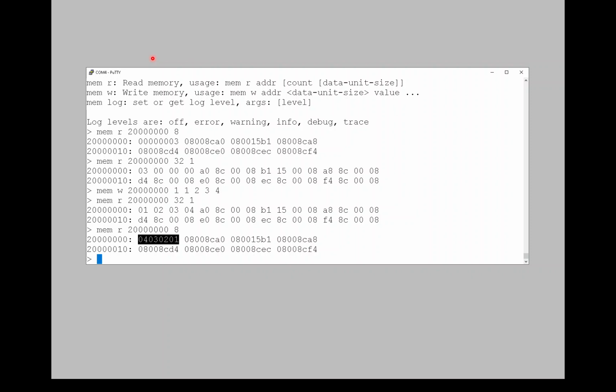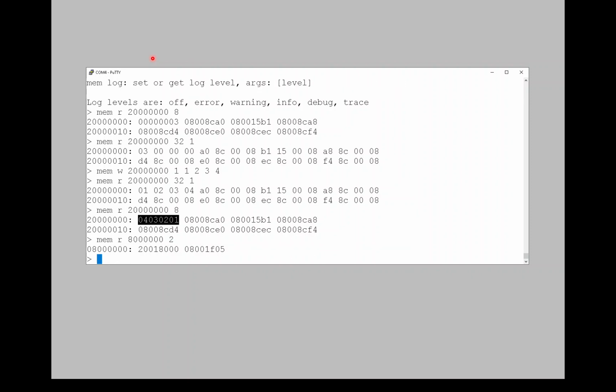So now I just want to look at some flash. If you remember, flash is at 800, 1, 2, 3, 4. And I'm just going to look at the first two words in flash. If you'll remember, the start of flash has the interrupt vector table. And the very first word in that table is the initial stack pointer. This looks plausible. We know that RAM starts at 2000,